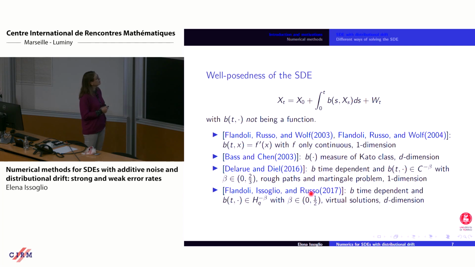And here in this other work with Flandoli and Russo, we were looking at fractional Sobolev spaces, again of negative order. The threshold, so you can go below 0, but not too much below 0. And if you make use of rough paths or regularity structures or paracontrolled calculus, you can go beyond 1/2. Otherwise, if you stick with the so-called Young regime, you're stuck to 1/2. So minus 1/2 is the lowest threshold that you can achieve.